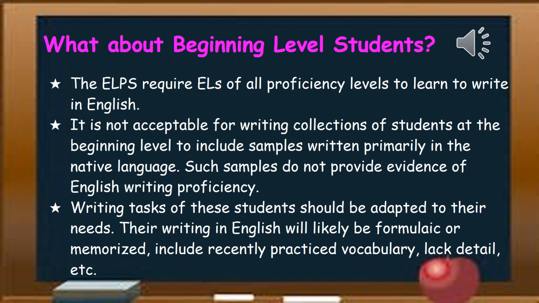The majority of our students are past beginning level. Beginning level students are students that are new arrivals, and because we do not have the AEA program anymore, we don't have any new arrivals, but we may have some students that have only been here for a short amount of time. In the event that we have those students, we want to make sure we are still accepting work that shows what the kid knows. We don't want to accept work that's showing what they can copy because of course we know all of the kids can copy information. If they can only list 5 English words that are related to your content area, that's what we're going to accept from that student.